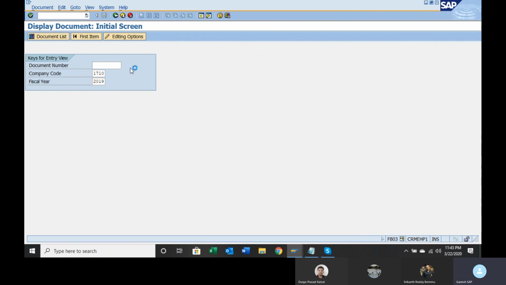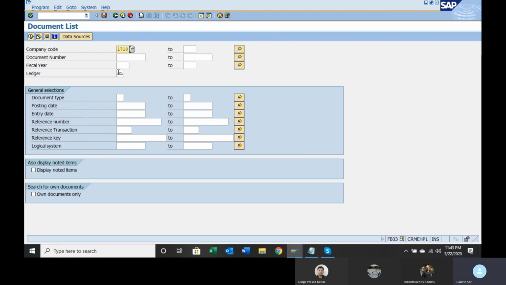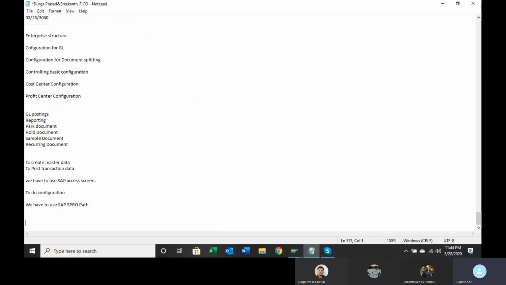Click on document list. Company code. By default, leading ledger would be 0L. Remember this point throughout your SAP career. Leading ledger is 0L.